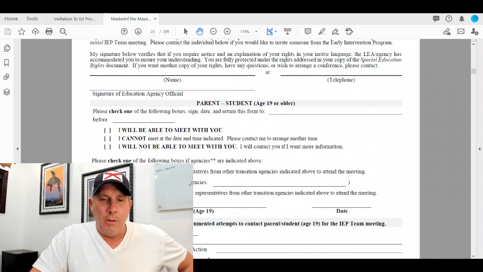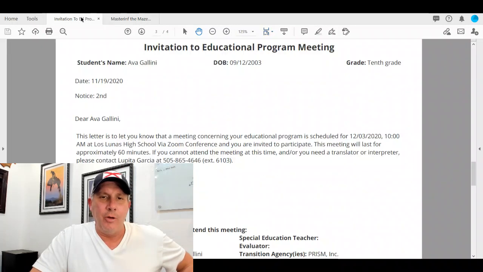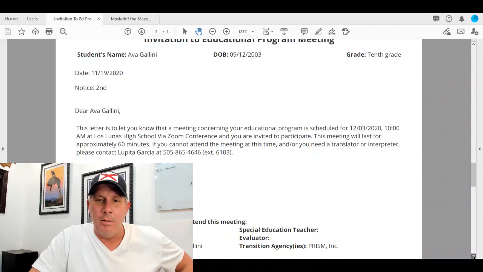This is getting long, but let me show you the similar for New Mexico. And as you can see here, same thing. Look at that. Second notice. They're inviting. They're providing the date and time down here.